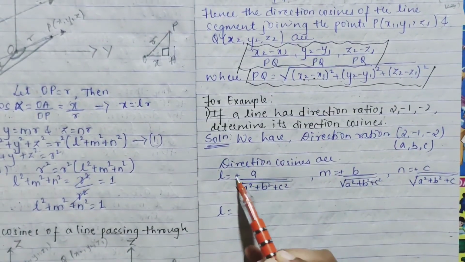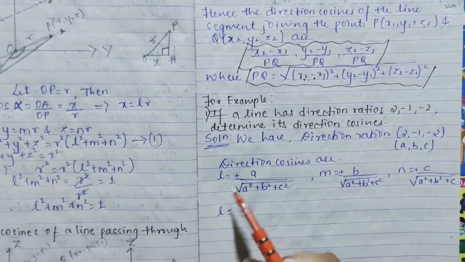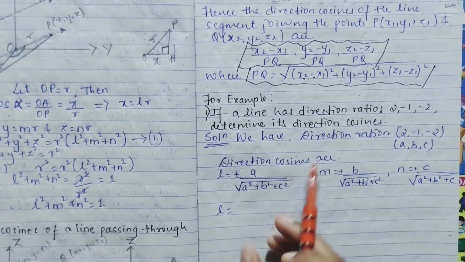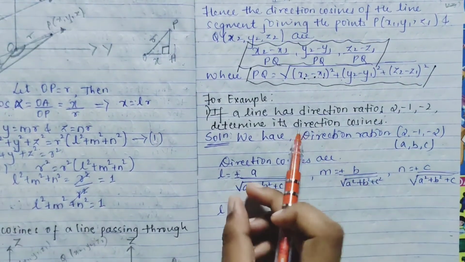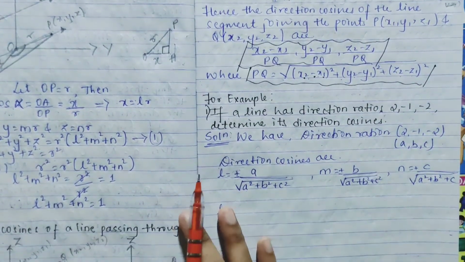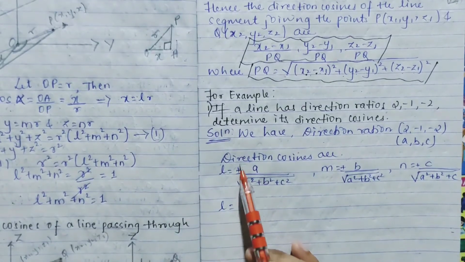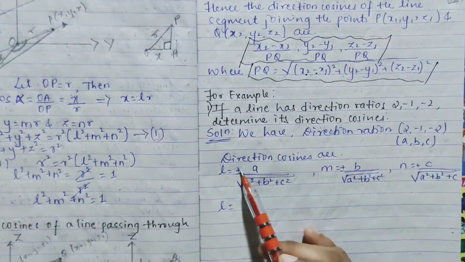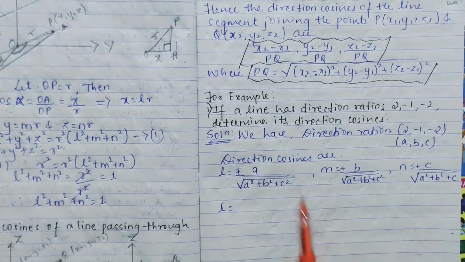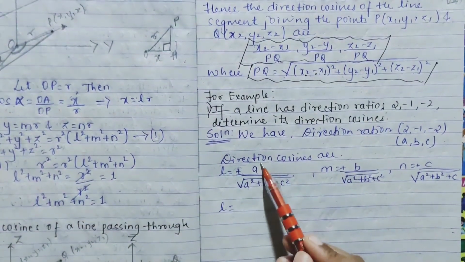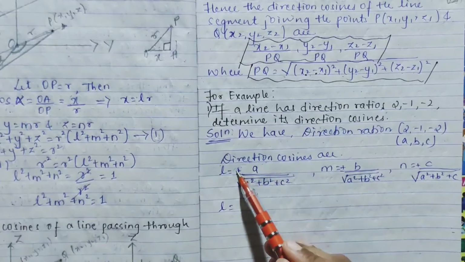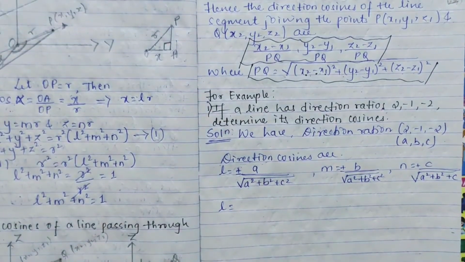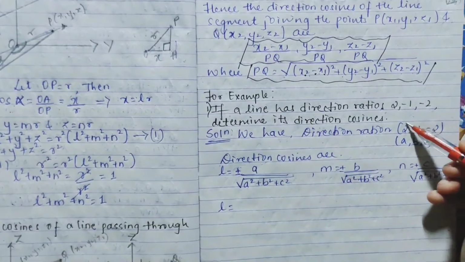Now here you see you have plus or minus. These signs you have to go accordingly with your direction ratios. If it is plus, the number with the plus comes plus, and the number with the minus comes minus. That's the difference of your plus minus. Not any depth, you don't have to change the signs, no need. If you're getting positive numbers, your positive directions, consider your plus only. If you're getting negative, consider your negative. That's it. So now you see here you have a, b, c, we'll consider it.